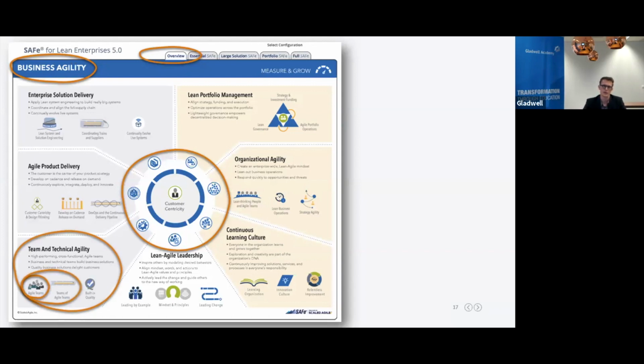It's a little bit updated and changed. You see now building quality is part of it as well. And what's really good to say here, and it's not pointed out in this picture that well, but the heart of scaled agile, the heart of scaling agile for SAFe is still the agile team. So left bottom you see agile teams, and nothing beats an agile team.